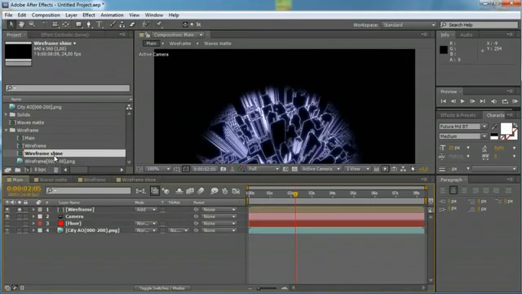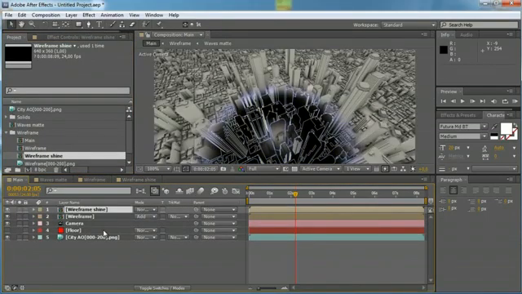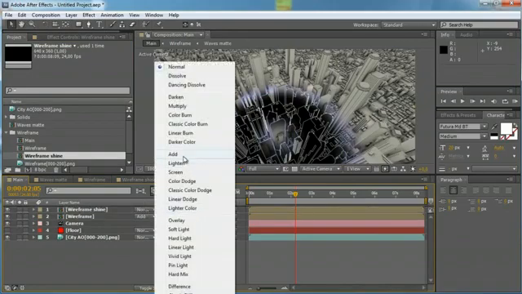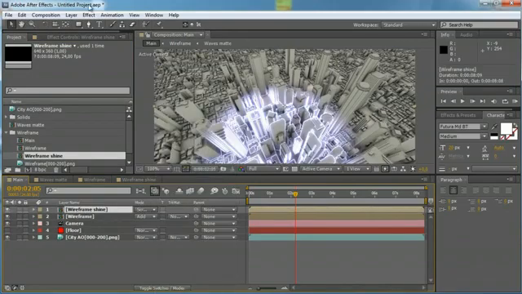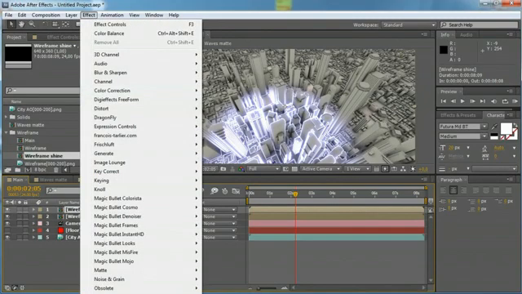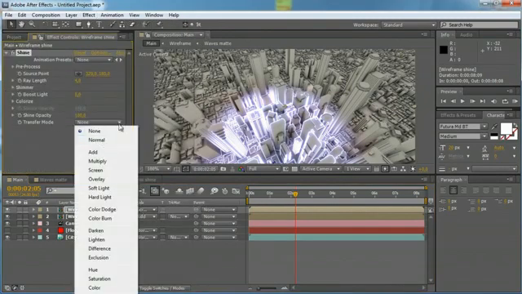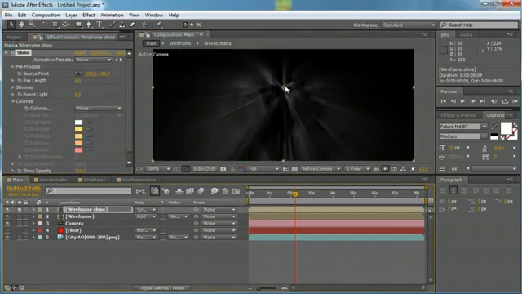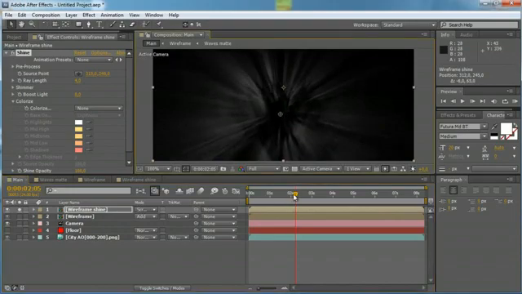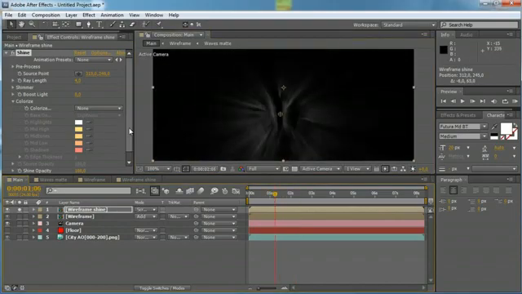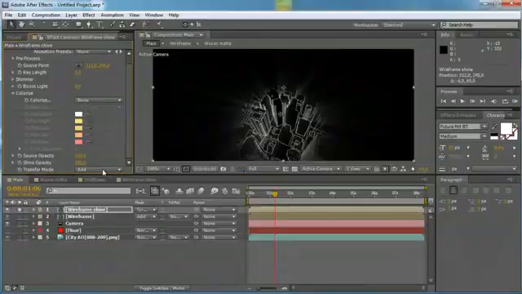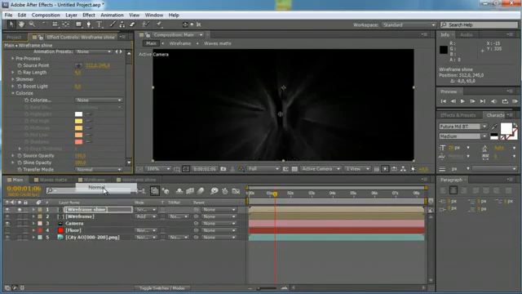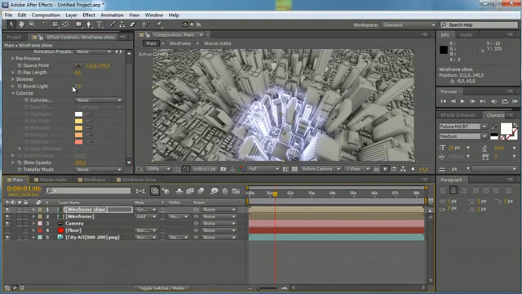Come to the main composition, drop it here, and change the blending mode to screen this time. Come to effect, Trapcode Shine, set the colorize to none, and move the shine here, and we can change the blending mode to add or screen or none, normal, I prefer none, and we can